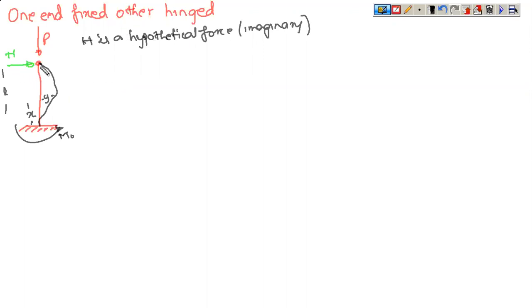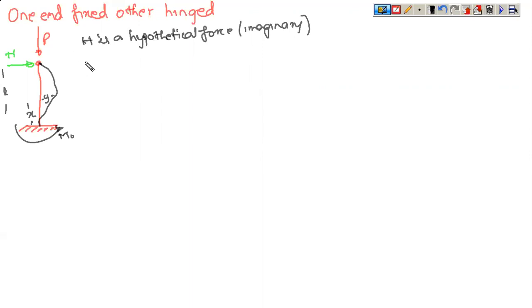If it is not under equilibrium, there is no purpose of actually solving it. So this h is a hypothetical or imaginary force which has been applied so that you have a system which is defined. Now, when you are specifying a hypothetical force, it has to be understood that at the end of the problem, either h should turn out to be 0 or h should be completely eliminated from the equation. Because if it comes out with a magnitude, then it cannot be classified as an imaginary or hypothetical force.